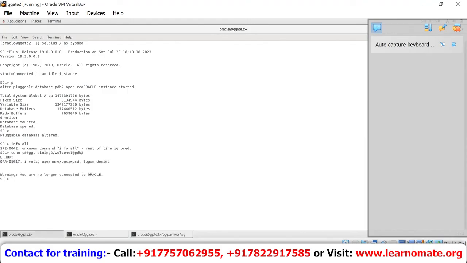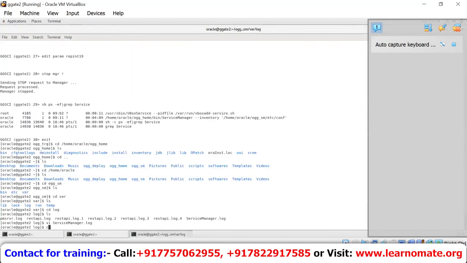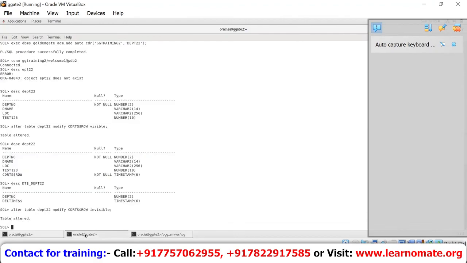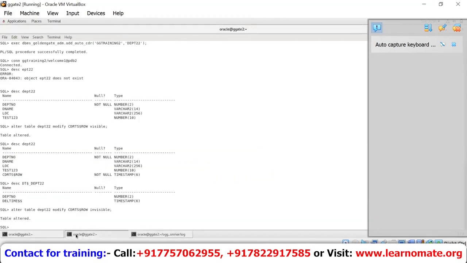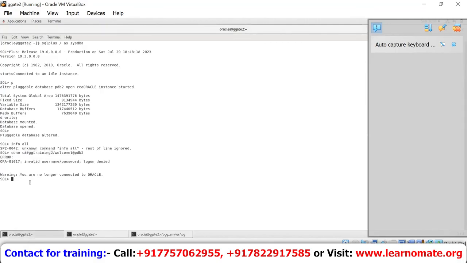Okay. What is the pass? Just 1 minute. Let me have a look at the password. PS hyphen. No, this should be the password only. Alter session set container equal to pdb2, select table underscore name